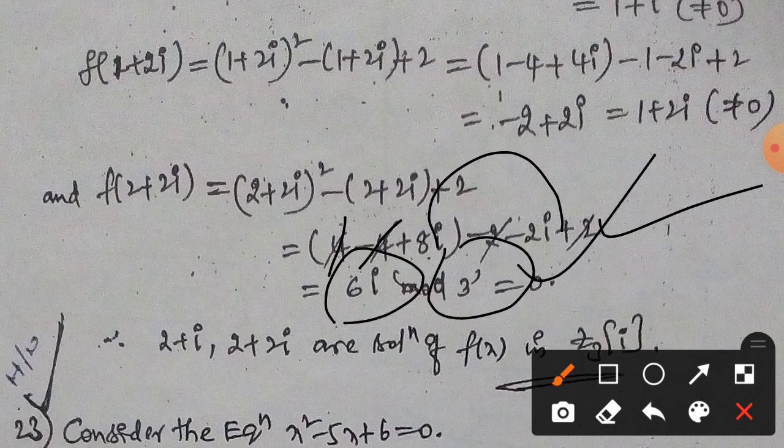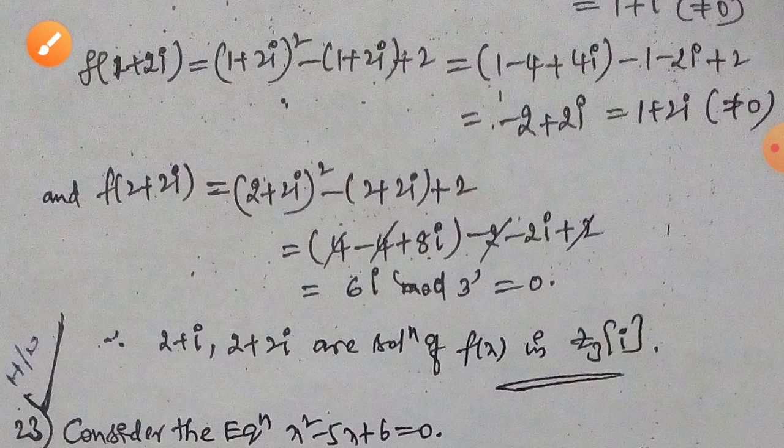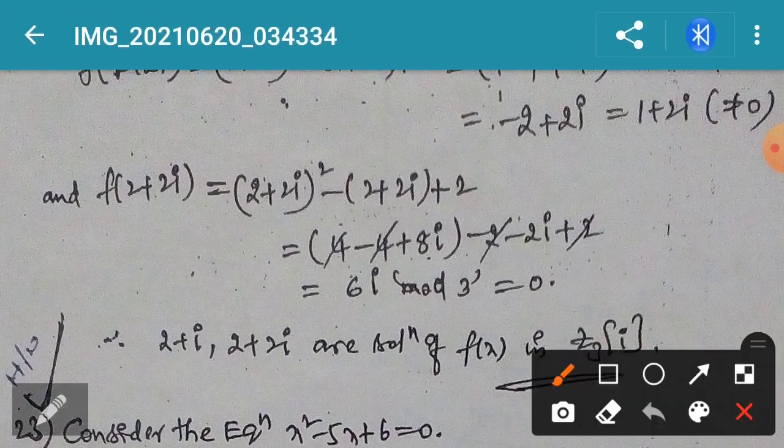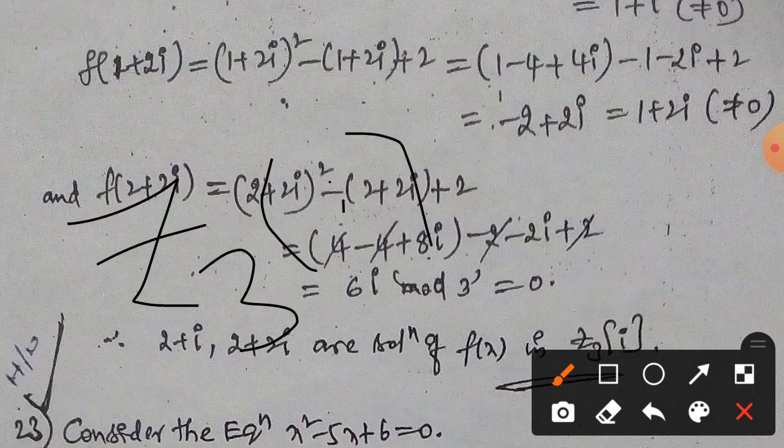There are only 2 solutions in the Z3 of i to get our value. To find the solutions, how do we find the solutions? Our set is in Z3 of i. The Z3 of i elements are substituted in our function. Which terms give 0? Which values do we substitute to get 0? Those values are our solutions.